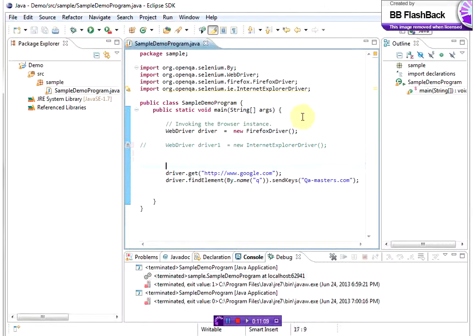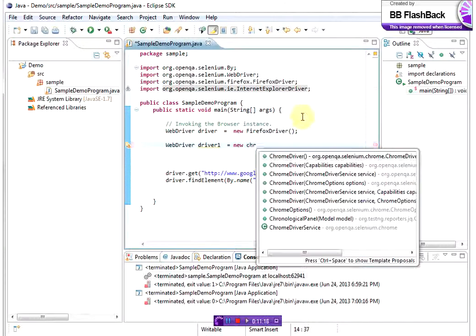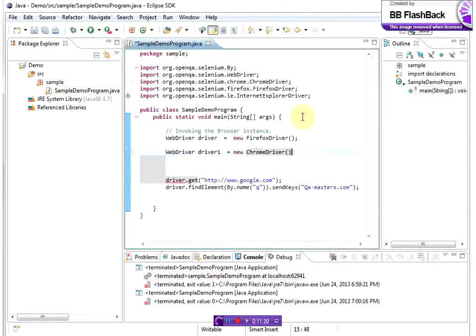If the user is interested in working with the Chrome browser, it's the same. Let me show you: Chrome driver. Yes, Chrome driver is there. If the user uses this particular statement, Chrome will get launched as part of your program.